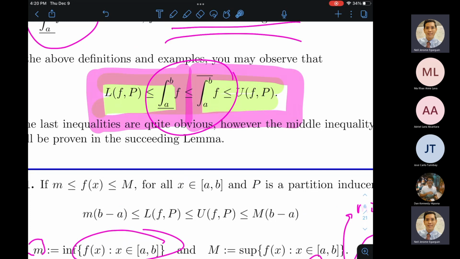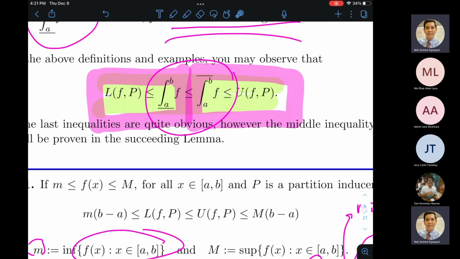Okay? And again, ang goal natin sa Riemann integrability, ipakita na equal itong dalawa. It would be a very great help if we will be able to demonstrate this inequality to be true. Kasi one route to check Riemann integrability will just be to check yung reverse inequality. Kasi kung true yung reverse inequality, kung nangyari na yung lower Riemann integral is shown to be greater than or equal to the upper Riemann integral, conjunct that with this statement, then we are sure that the lower and the upper Riemann sum are equal to each other. Okay? Kaya medyo maganda rin na i-prove natin ito para mabawasan yung kailangan nating i-prove kung dadaan tayo dun sa definition ng Riemann integrability.